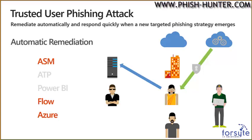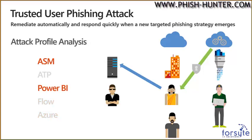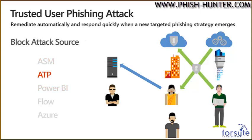At this point, the end user should be back in control of the account, and now we dump data down into Power BI from ASM. That gives our local IT team the ability to go back and do some forensic analysis on the attack. What did the vector look like? What URL initially compromised that end user? We can incorporate that into our training. We can go ahead and block it via the URL blocking and ATP and prevent it from infecting anyone else